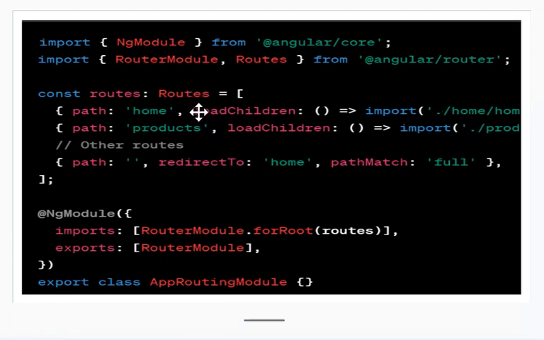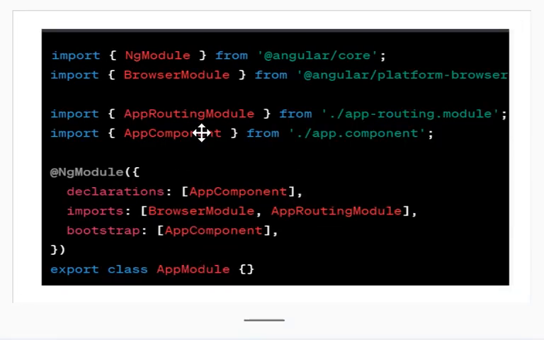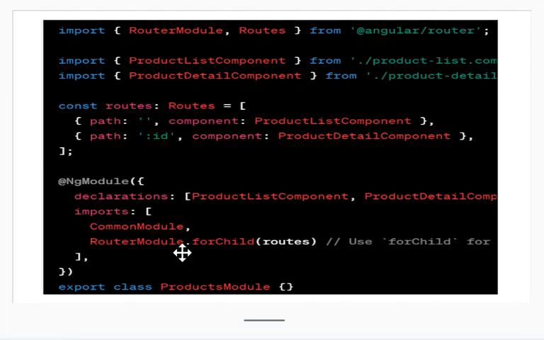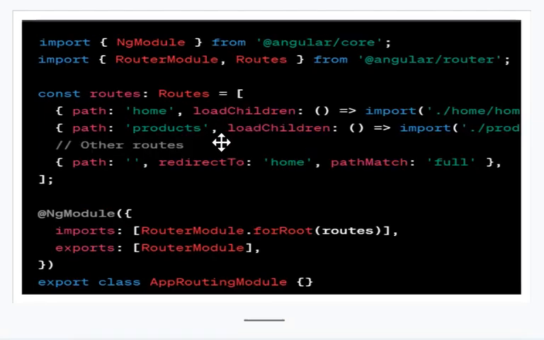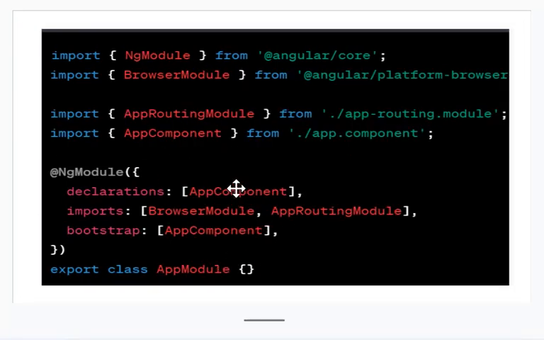So we provide this lazy loading, the module that we have to lazy load in this route using this loadChildren keyword, in the route of the app routing module. And then what we do next, we make sure that our main app module is using this app routing module, which has this products module as lazy loaded in its route. So we make sure that our main app module is using this app routing module, and then the next step and the last step is